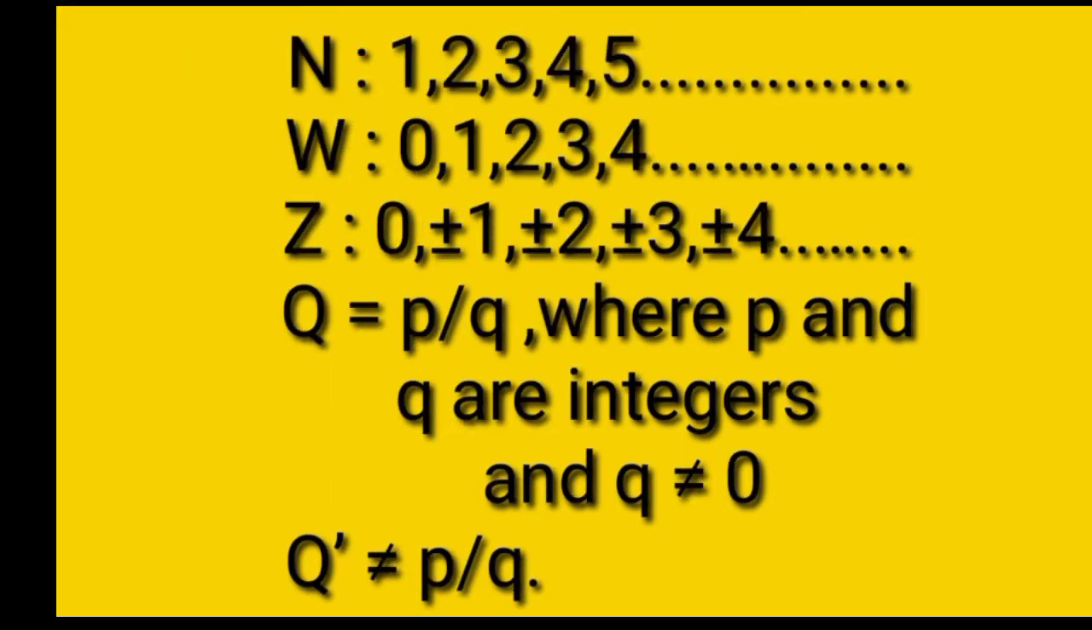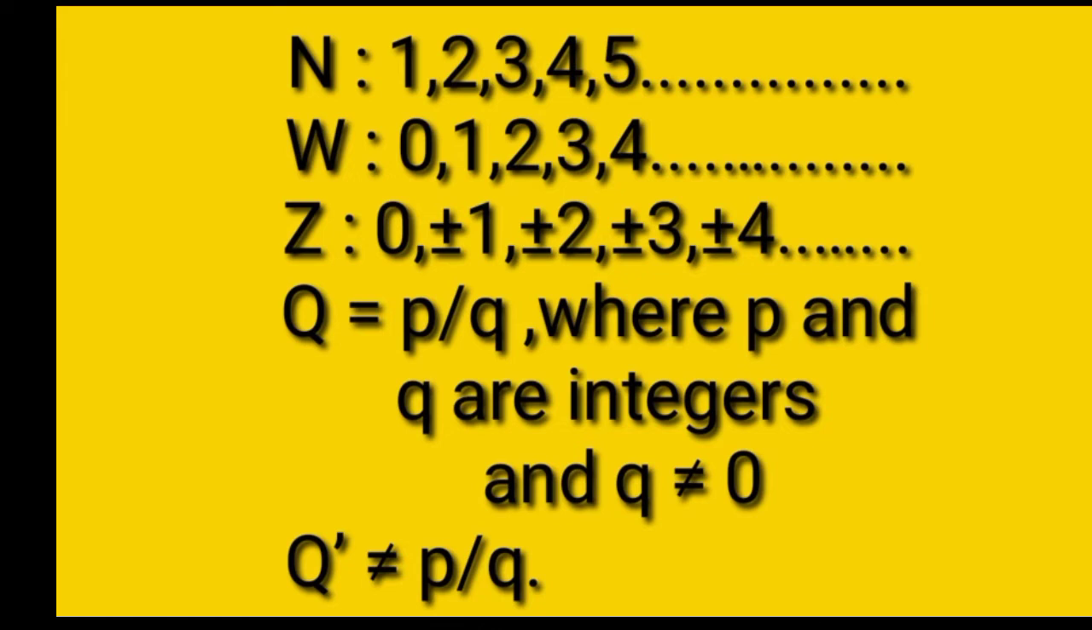What is the symbol of natural number? N is the symbol of natural number and the natural numbers are 1, 2, 3, 4, 5, etc. What is the symbol of whole number? Whole number is denoted by W and they are 0, 1, 2, 3, 4 like that. What is the symbol of integer? Z is the symbol of integer and the integers are 0, plus minus 1, plus minus 2, plus minus 3,